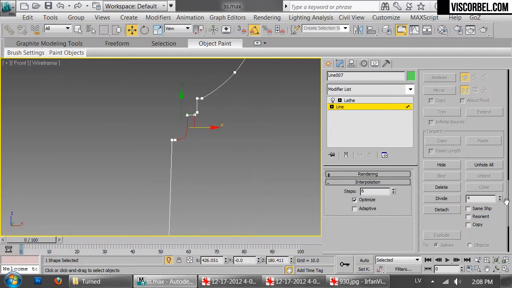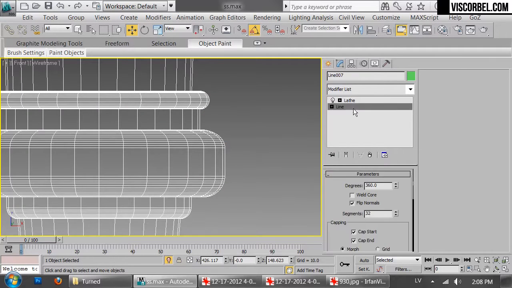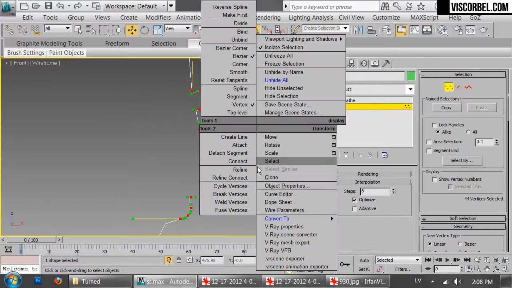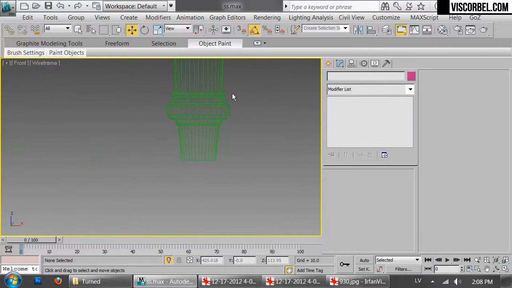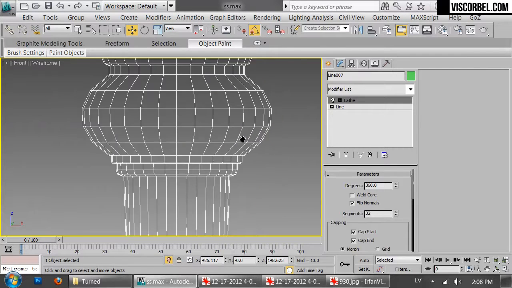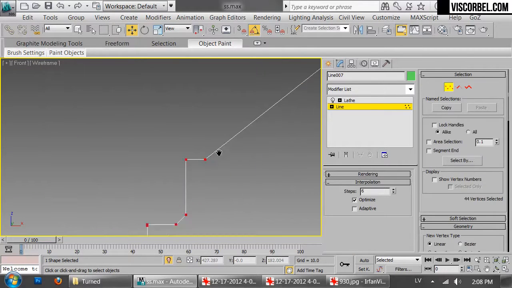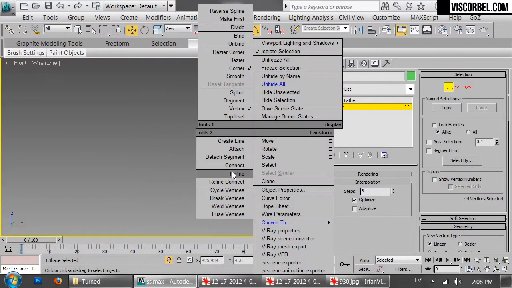Again, this in 2. And these probably are enough with one division. Okay, and set all the vertices to corner type. And now, after using the lathe modifier, you have this rough result. For it to work correctly, you need to add some support vertices around the corners you want to keep hard